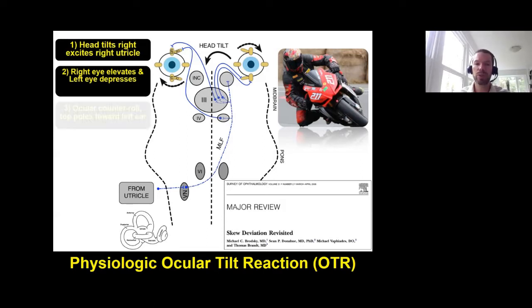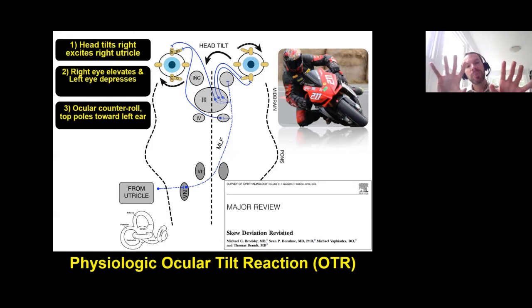It's very minute. There's a little bit more of this ocular counter roll. That is, the top poles are going to go towards the left ear. But mainly in a normal person, you're going to see this reorientation of the head relative to gravitational vertical. That's the biggest way that a patient who's tilting is going to get back to center,